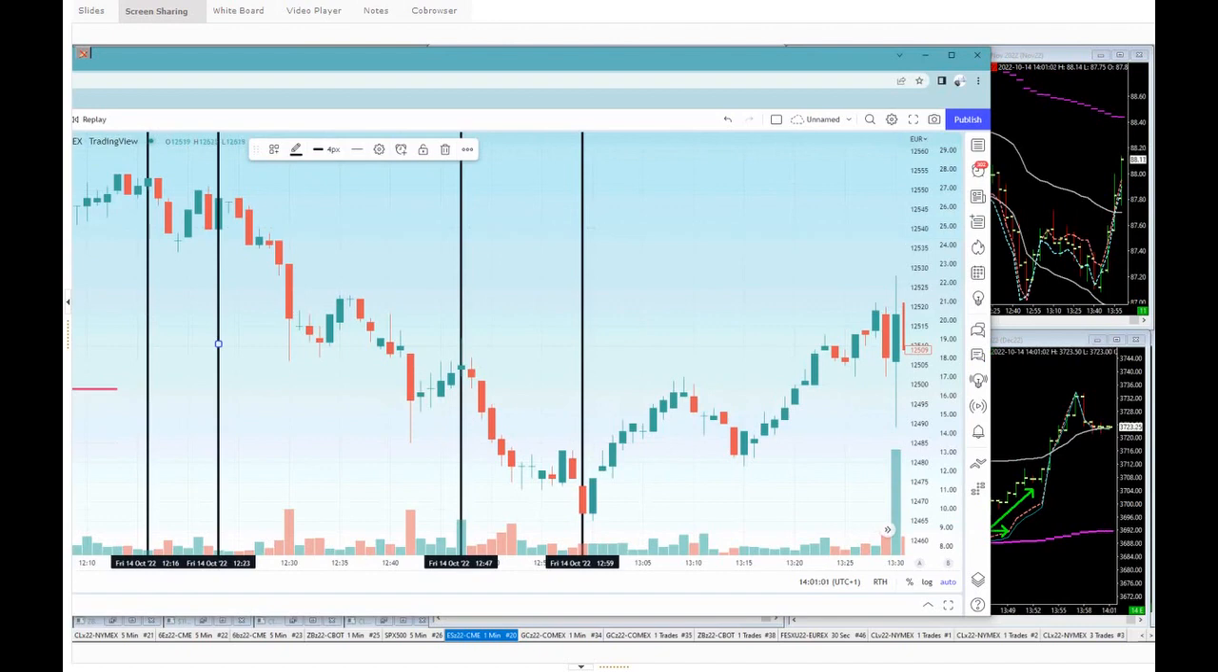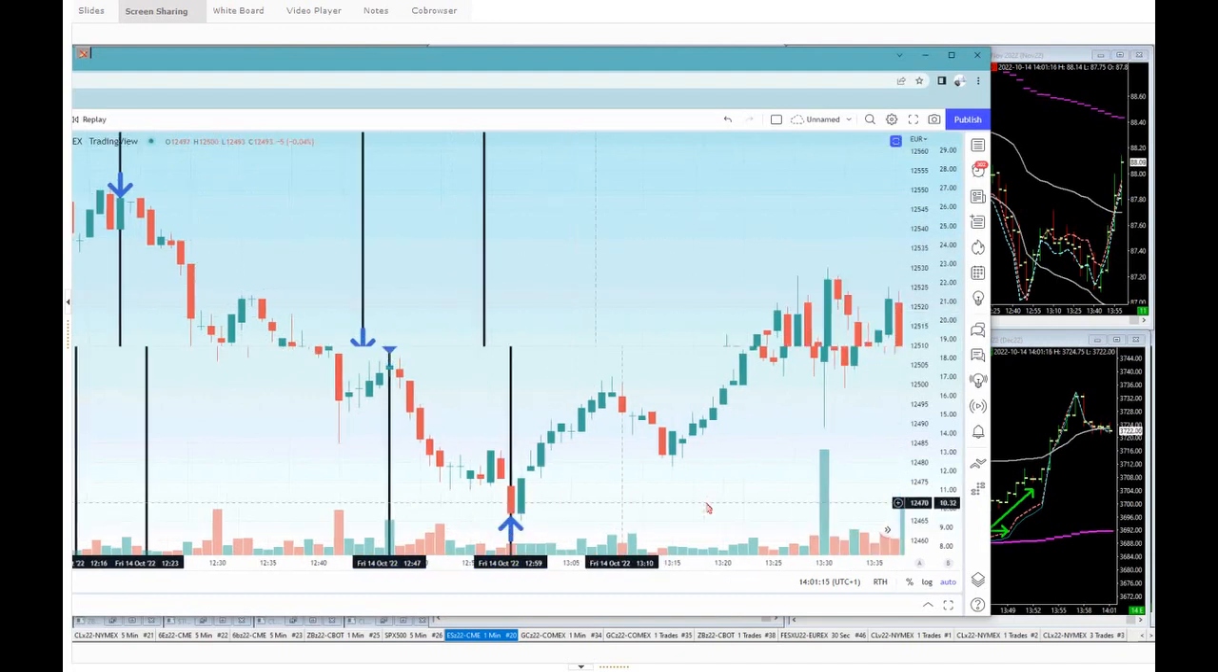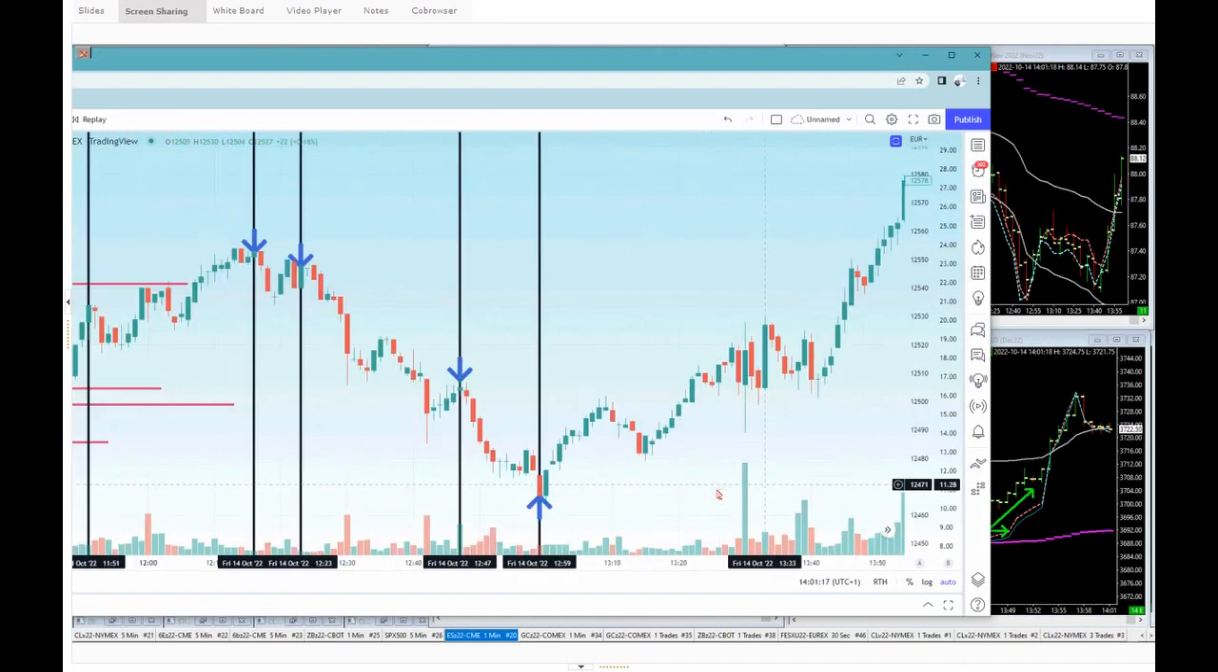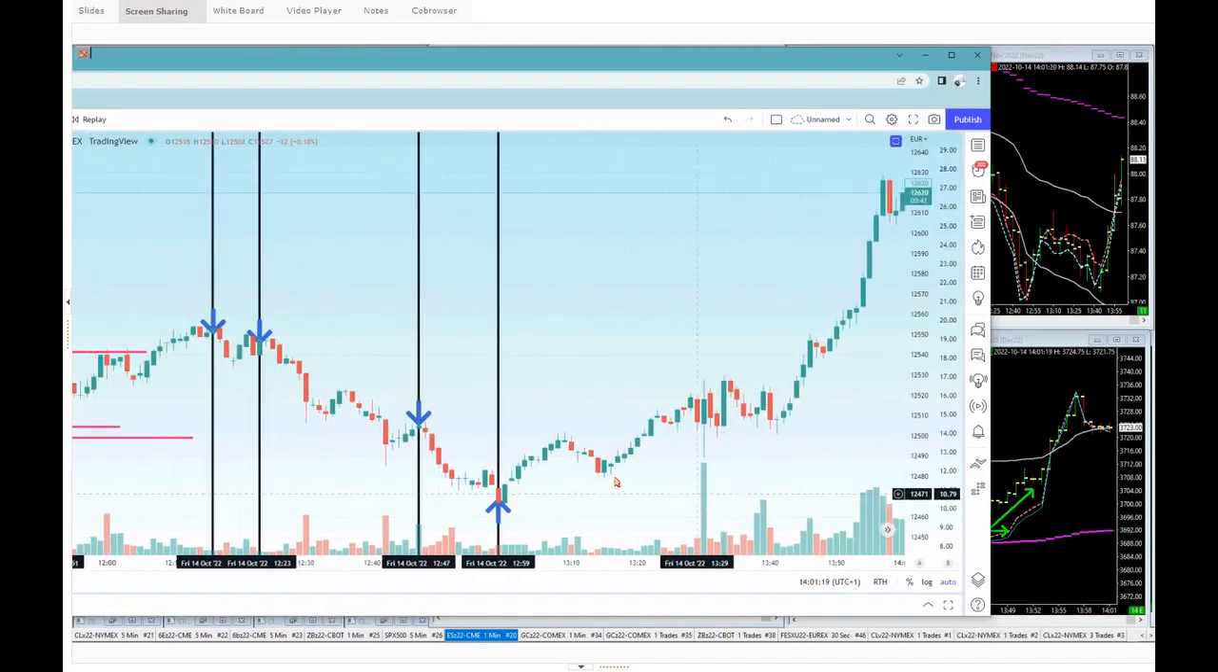So this would be a sell on the DAX here. And this would be a sell on the DAX here. And this would be a sell on the DAX here. And this would be a buy on the DAX here. Do you see how nice those trades could have developed into? From a sell on the DAX, a sell on the DAX, and a sell on the DAX, and then you